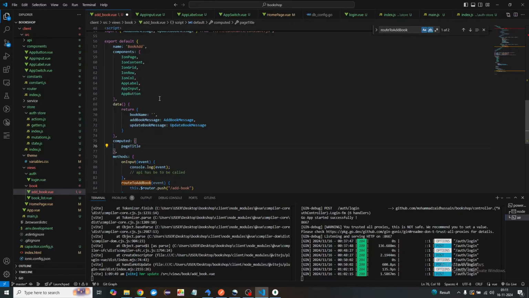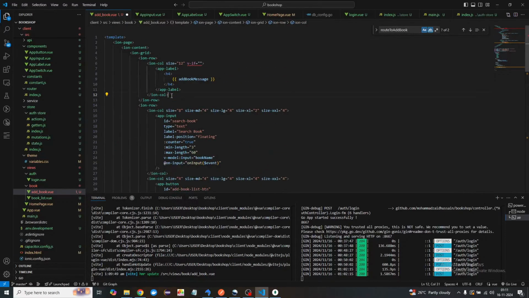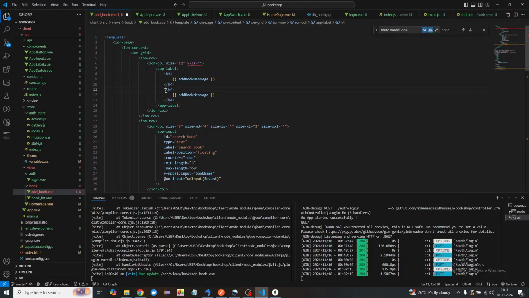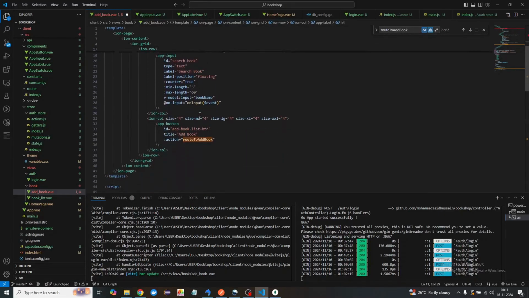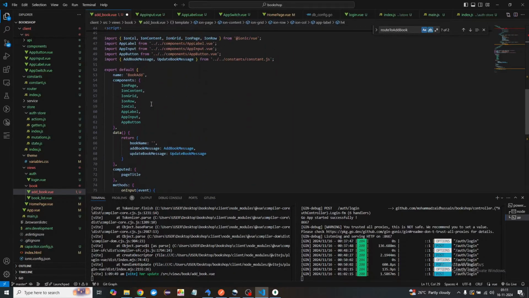Okay, we don't need these two columns, we need only one column, but this message should change actually. For that we should have h4. Okay, that's much better than before. Now I'm going to say, okay, we created one computed property, page title, and in this case